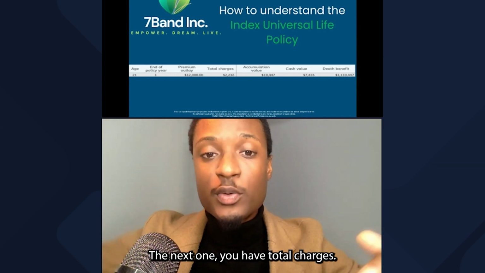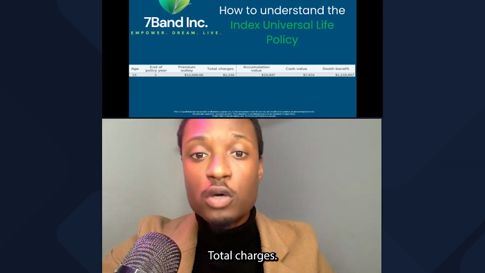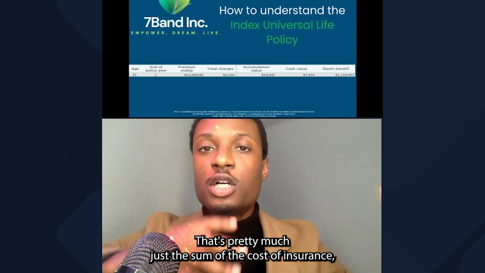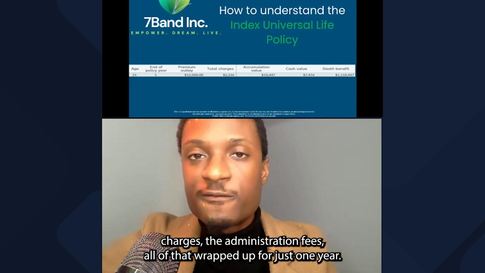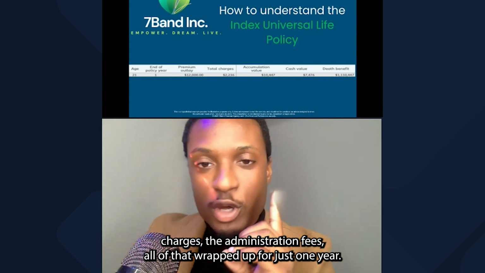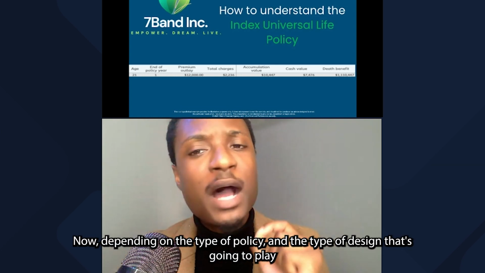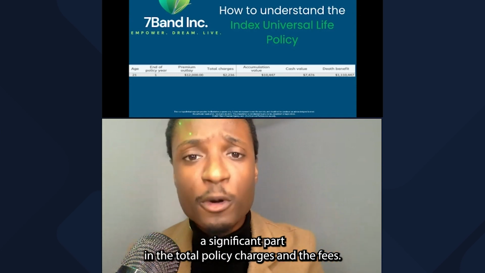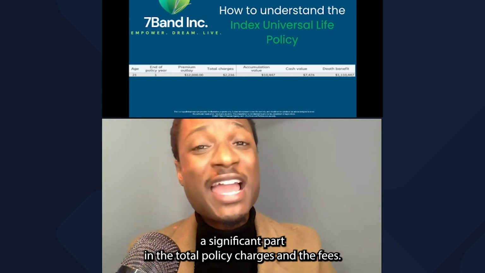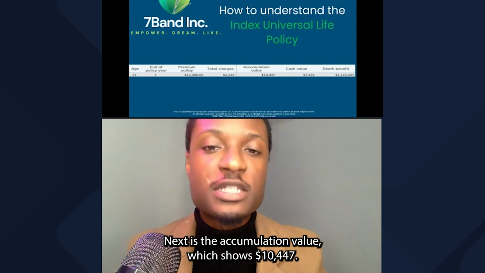The next one you have is total charges. Total charges, that's pretty much just the sum of the cost of insurance, the unit charges, the administration fees, all of that wrapped up for just 1 year. Now, depending on the type of policy, the type of design, that's going to play a significant part in the total policy charges and the fees. Next is the accumulation value, which shows